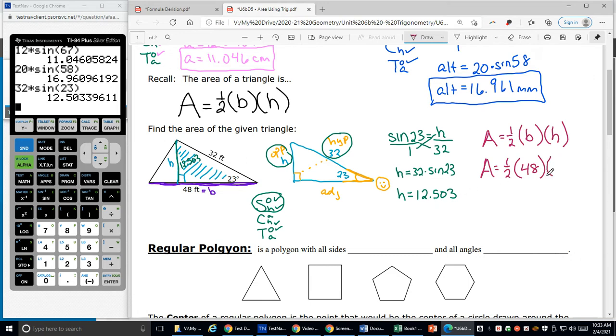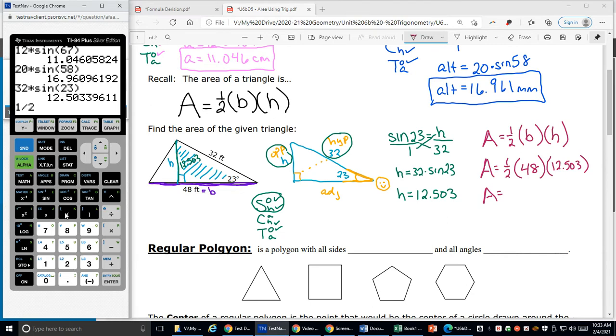My height is 12.503. I'll move my mouse over a little. I'm running out of room. 12.503 for my height. So my area equals 1/2, 1 divided by 2, times 48, close my parentheses, open my parentheses, times 12.503. Close my parentheses, and the area equals